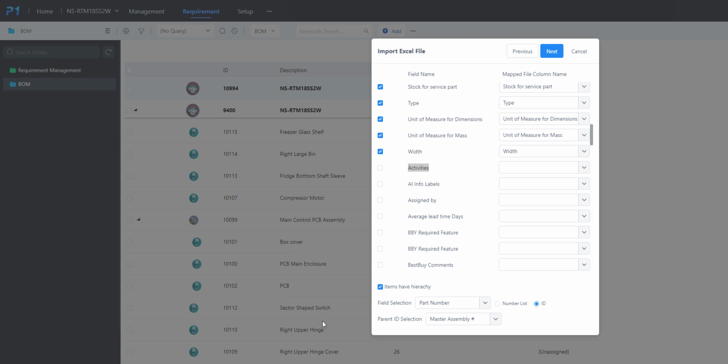In the BOM spreadsheet, we're going to have parent-child relationships, meaning we'll have assemblies with child parts in it. Then we have to use this option, items have hierarchy. Since each record within the file contains a part number, we're going to use that as the reference. And then we're going to use the master assembly number, which is another column within the spreadsheet, to indicate the